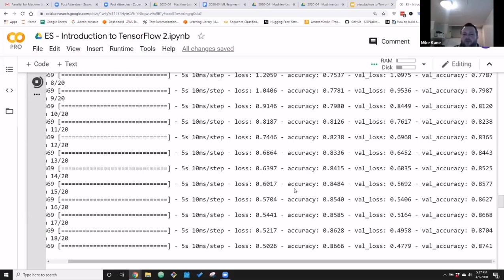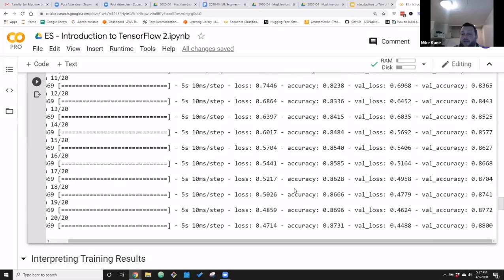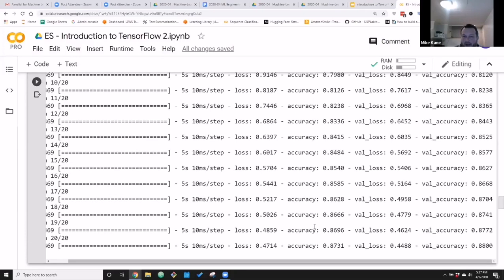That's called overfitting. Now, if you're familiar with machine learning, you know what overfitting is. You probably had some nightmares about it. If you don't know what overfitting is, we can demonstrate it here and you'll learn. Now, it looks like this model isn't overfitting yet. Let's talk about how we know that, okay?